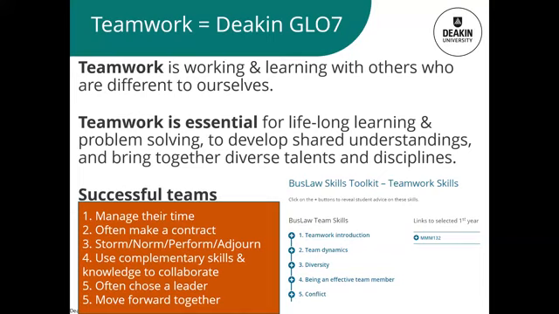We also know through the theory that teams go through different developmental stages. They storm, norm, perform and adjourn. And again, we'll be talking more about that process later in a future topic. We also know that successful teams use complementary skills. So this is where they harness those differences in team members to all work together on their shared goal to get a better outcome. So again, the team members don't all have to be doing the same thing, but they need to be working together to produce that great result.